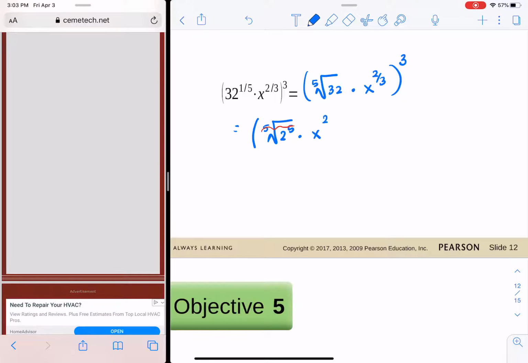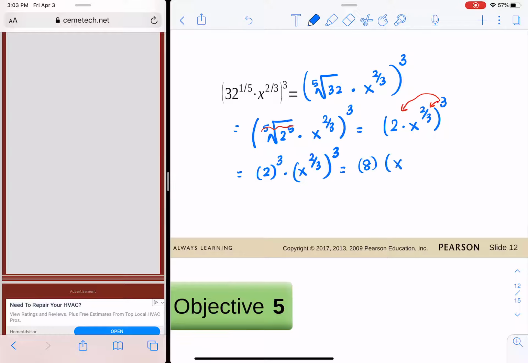times x raised 2 over 3 raised cubed. So we have 2 times x raised 2 over 3 raised to the common power of 3. So I could apply that power to each of those terms. So I will have 2 raised 3 times x raised 2 over 3 raised 3, which would give me 8 times x raised,